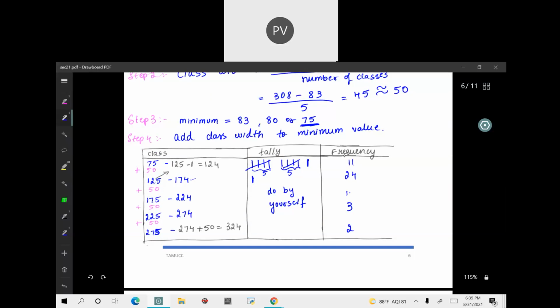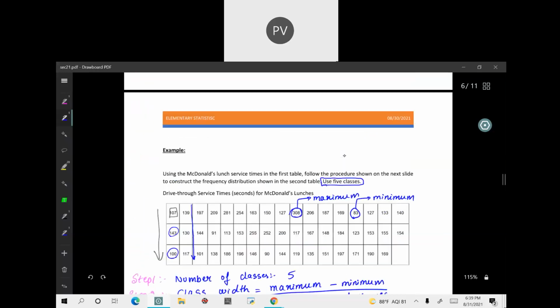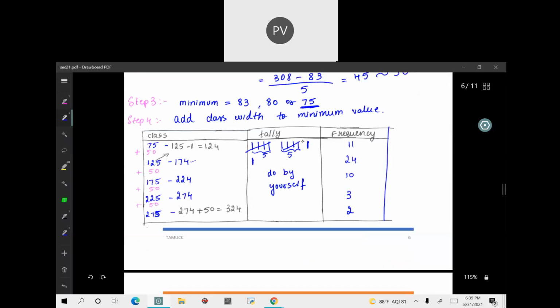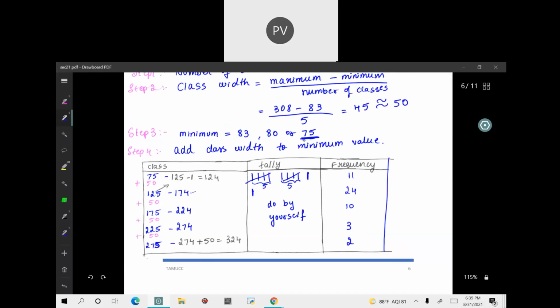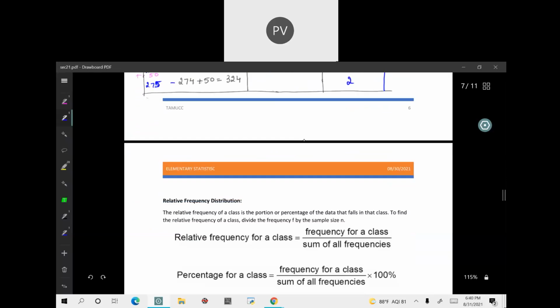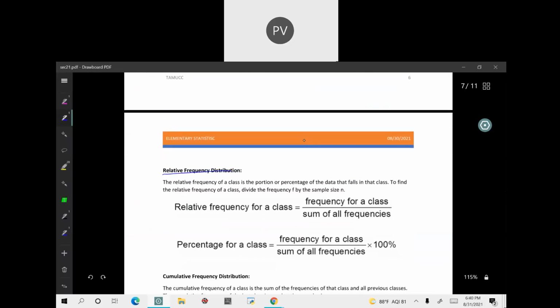4, 10, 3 and 2. Okay, so this is how you construct the frequency distribution table. Okay, so this is how the frequency distribution table looks. Okay, now next step is to find the relative frequency distribution